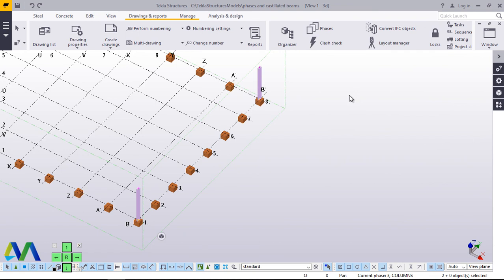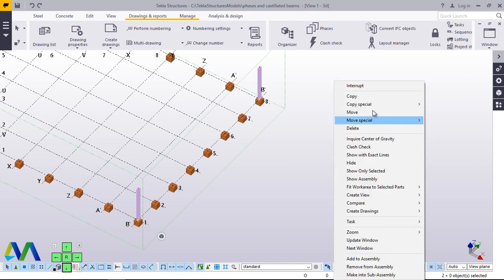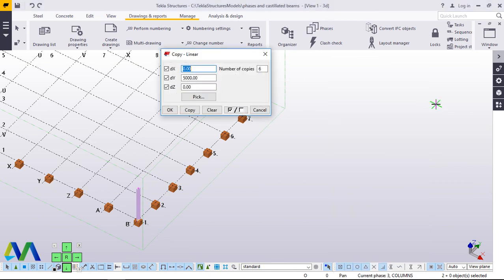Then columns having been selected like that, you want to populate them along the x-axis. Just right click and come to special copy and linear. Now under x-axis, we no longer have any work to do with y-axis. We just change it to 0 and feed our interval measurements here. And how many do we want? We want 24 of these at an interval of 6 meters. But what direction? It is negative direction. Now I'll just go ahead and click copy